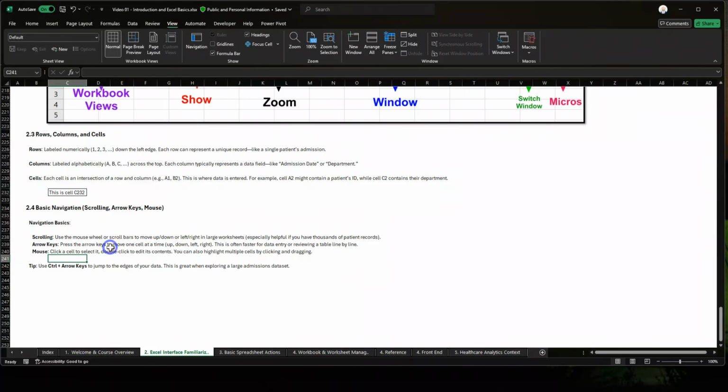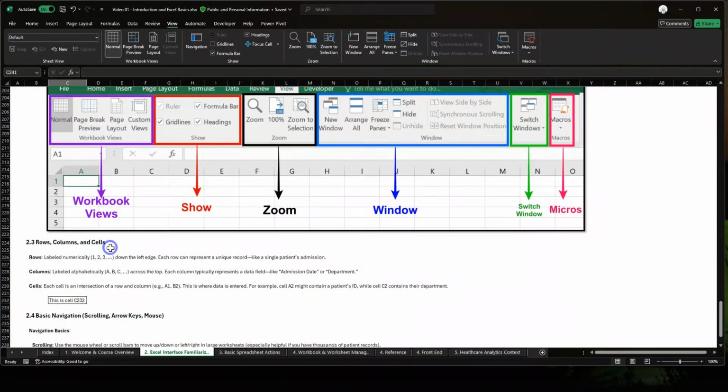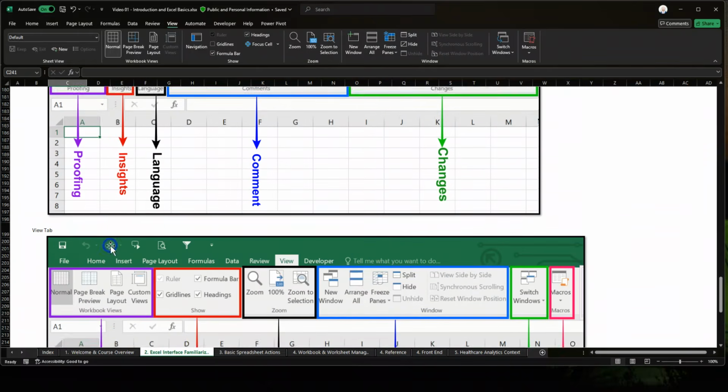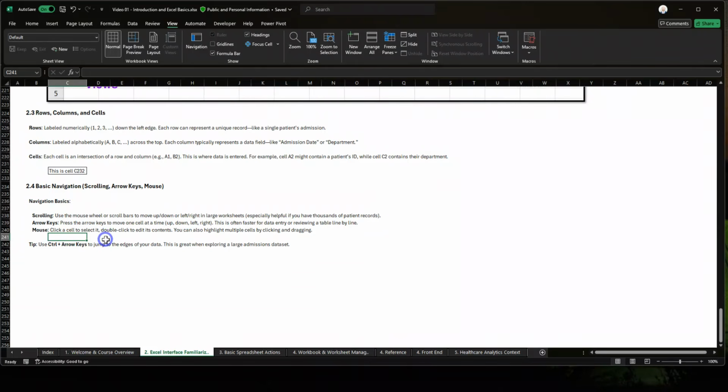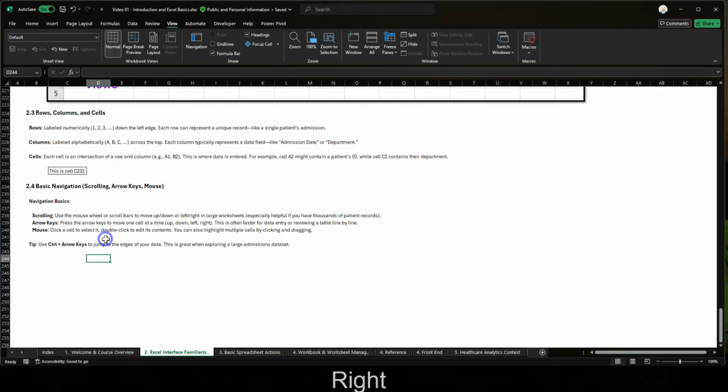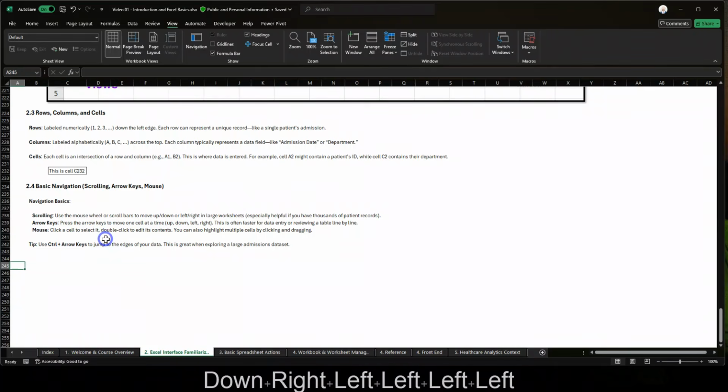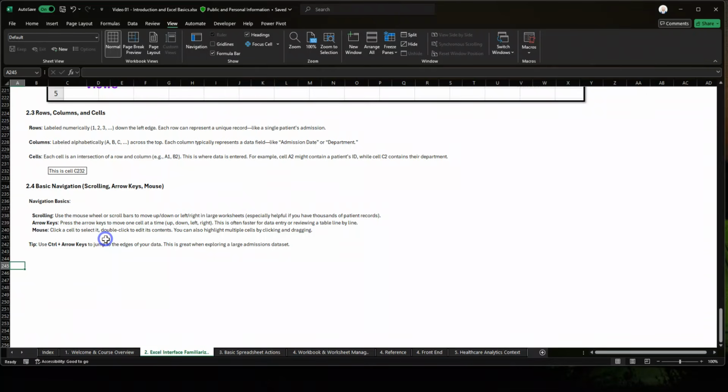Number one is that you can scroll very similar to a web page. You can go up and down in the information by using the scroll wheel on your mouse. But a really powerful way to navigate around Excel is to use the arrows. Now, the arrows can be used in the common way where you are just going left, right, down, but they also can be used in a much quicker way, which is to hold the control button and then use the up, down, left, and right arrow